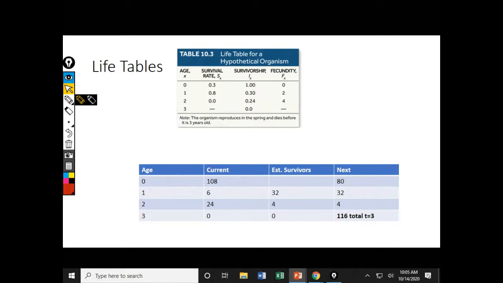So this is one of the main ways that we can calculate and predict future year growth when we have a lot of information about a population, particularly survival rates, fecundity, and all of this. So this is a nice way to bury your fingers in and get a good in-depth look at a